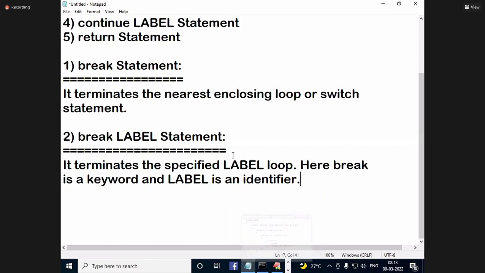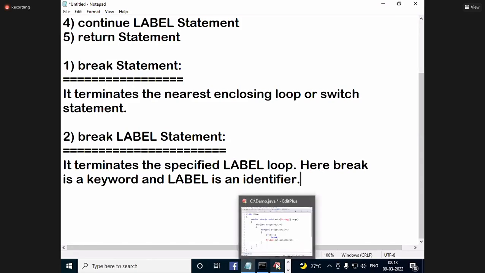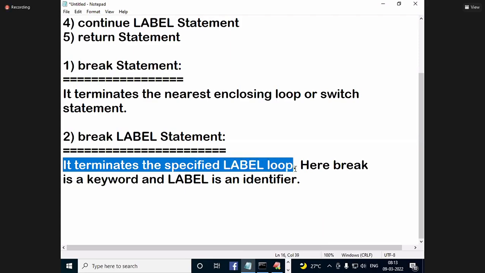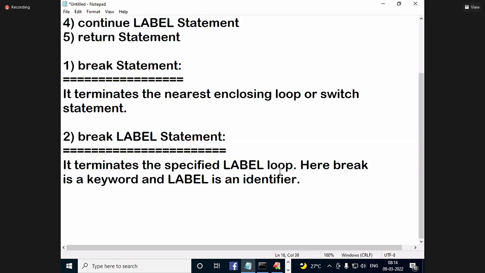So whichever label you specify, that loop is terminated. For every loop, one label you can write.